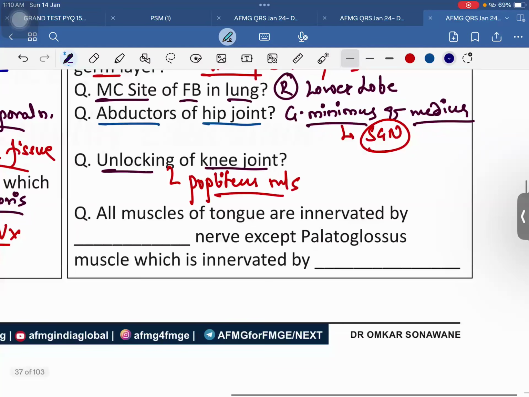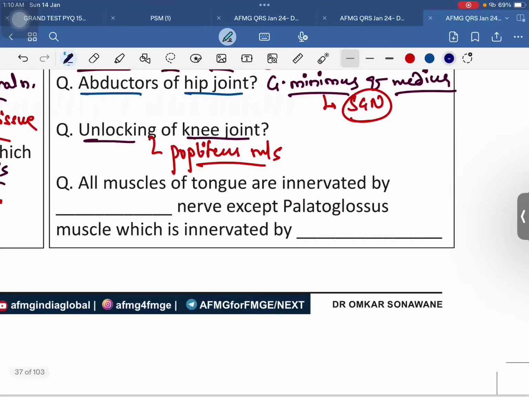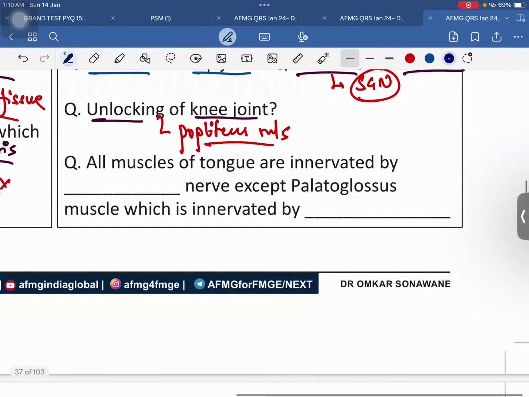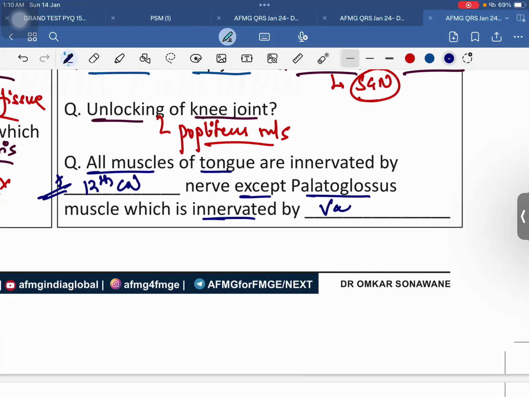All muscles of the tongue, beta, please remember, all muscles of the tongue are supplied by the hypoglossal nerve, except the palatoglossus muscle, which is innervated by the vagus nerve. Actually, it is not the vagus nerve, it is a network, beta, so it is called the vagus plexus. Okay? So all muscles of the tongue are innervated by the 12th cranial nerve, the hypoglossal nerve, except the palatoglossus muscle, which is supplied